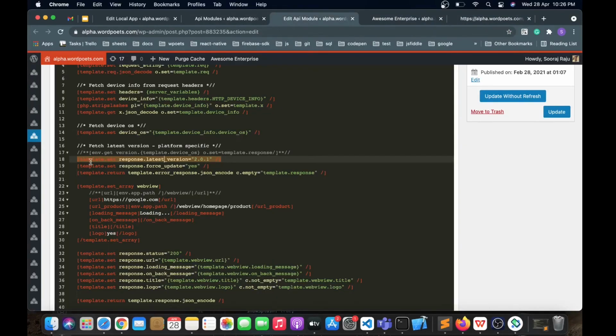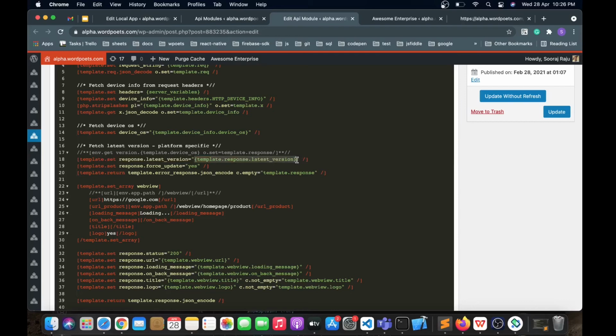Here I have hard coded this 2.0.1, but you don't want to do it like that. You can get it from your environment variable or from settings. It's up to you how you want to show it.